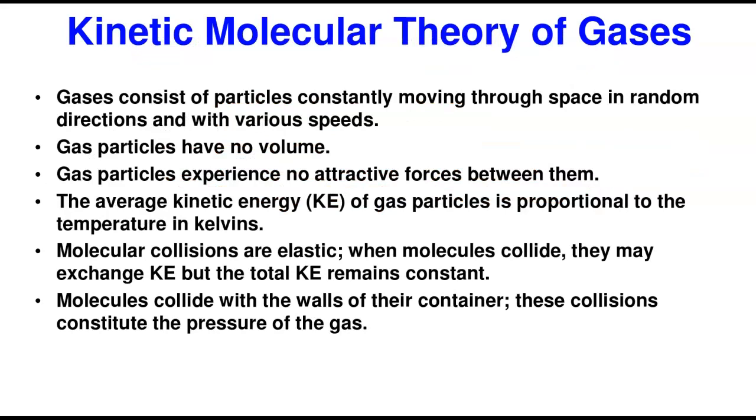The kinetic molecular theory of gases. Of course, the first thing that we need to talk about in a gas is that gases are the most energetic form of matter, always moving around at high speed. So let's take it off. We have about six kinetic theory of matter points we're going to consider here. Gas particles are always constantly moving through space in different directions and at various speeds. Like I said earlier, gas molecules are the most energetic state of matter. They are free and easily move around at high speed.